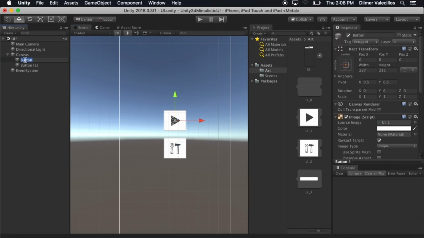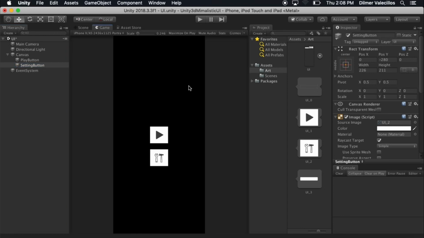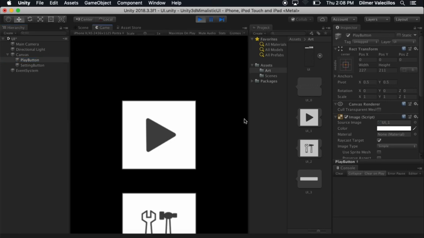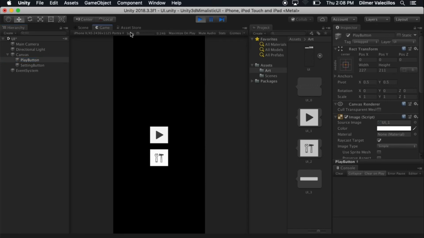On this one, I'm just going to call it play button. On the settings, I'm going to call it settings button. Or you can just do setting button. That's perfect. And okay, so I have my play, I have my settings. So if I hit play and just let it compile the game, now I have my buttons,